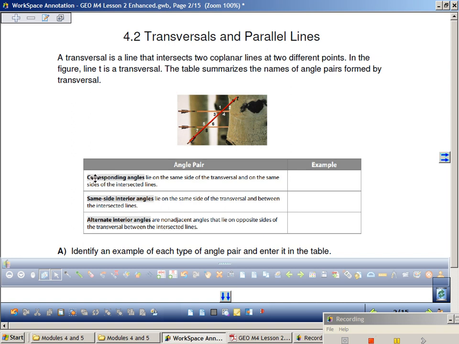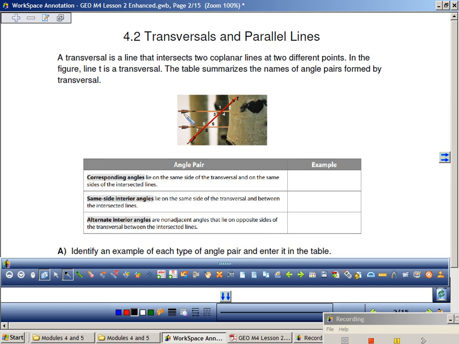So this definition says corresponding angles lie on the same side of the transversal and on the same side of the intersecting line. All right, so here's an intersecting line, here's an intersecting line. So 2 and 6 correspond to each other. Now, when I say correspond, I mean, isn't it like I could just,